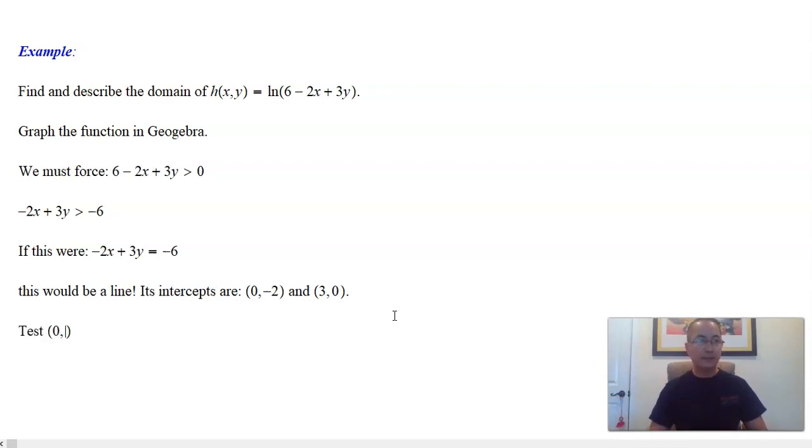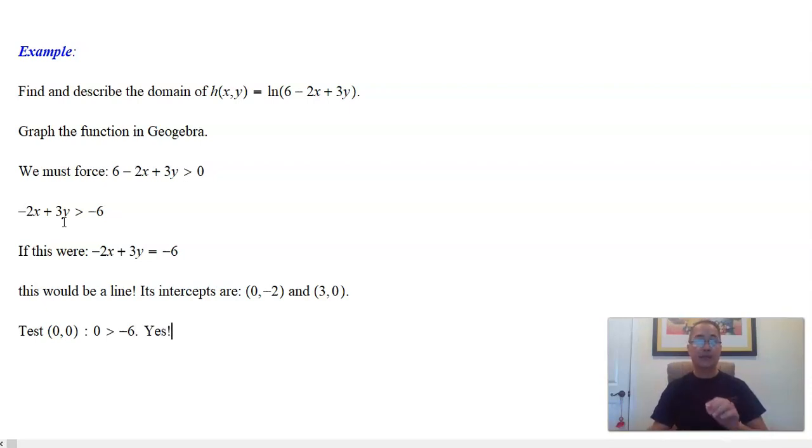Test 0, 0. If you plug in 0, 0 on the left, you just get 0 greater than minus 6. So does 0, 0 satisfy this inequality? Is 0 greater than minus 6? And the verdict is